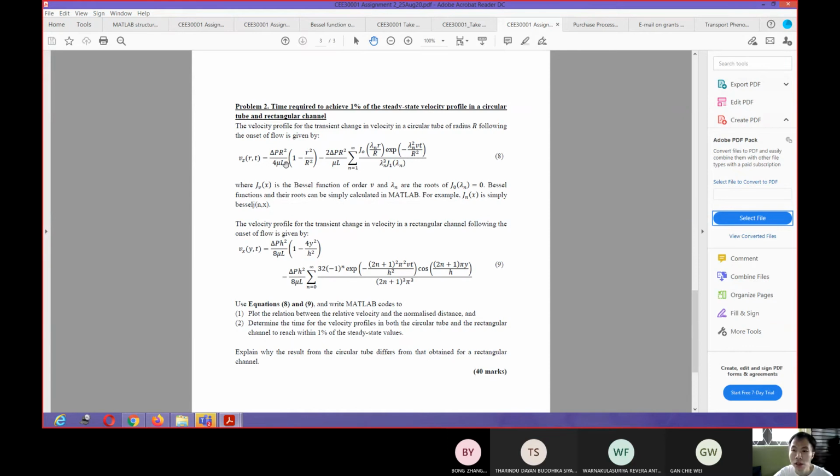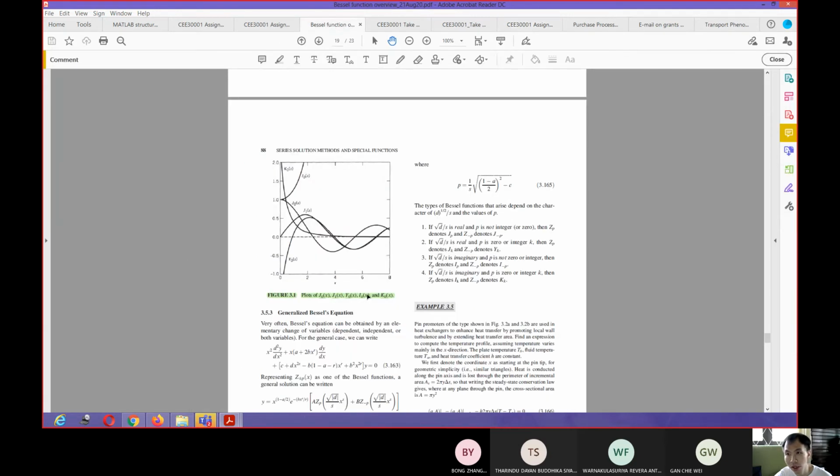So let me give you a hint. You are given an equation 8 that is a function of r and time. So meaning that this equation here is for the transient, it's for the unsteady-state value of the velocity. So the first thing that you need to do is basically try to derive what is your steady-state expression. And then once you get your steady-state expression, then you can divide this against your steady-state expression to get your final expression. And then I already gave you the meaning of the Bessel functions here.